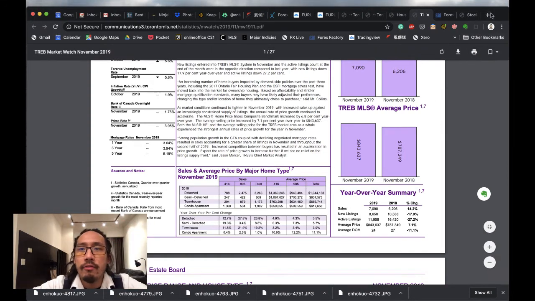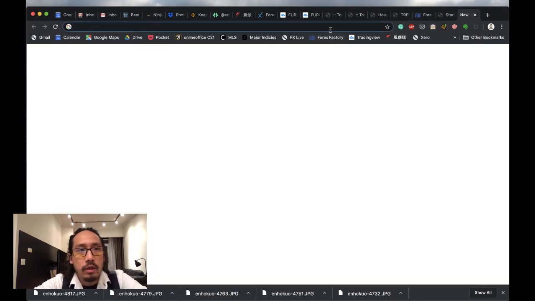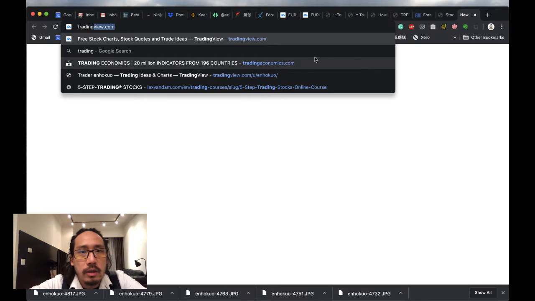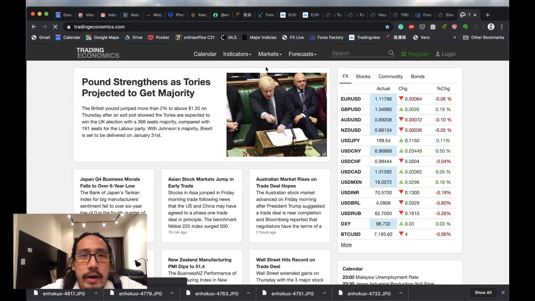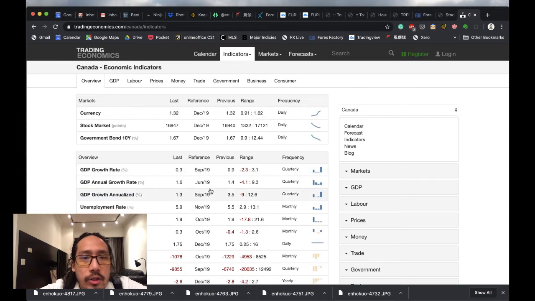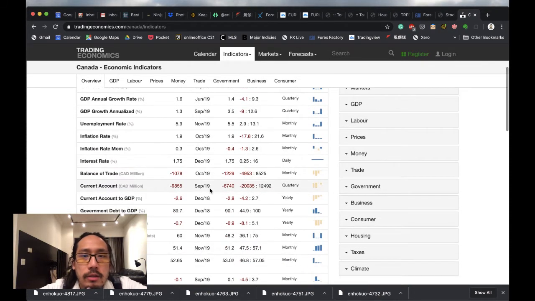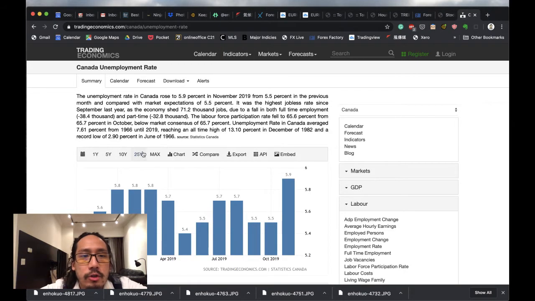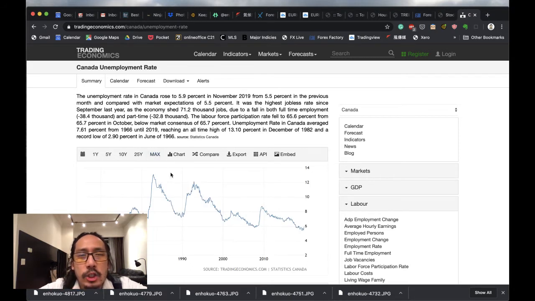And the two other factors that you can look at is to go to this website, as I mentioned before, Trading Economics. Trading Economics is a great website because you can just go into a specific country. Like for example, if we click Canada, you can see all their financial data. Now, again, there are so many things to look at. So what I want to point out is, first of all, looking at the unemployment rate. Because if you have a very strong job market with an increasing population, like in Canada or in North America, what does that mean? It means that you're going to have more people and they all have jobs and they all want a house. So they're going to buy a house and they're going to make the housing price at least steadily